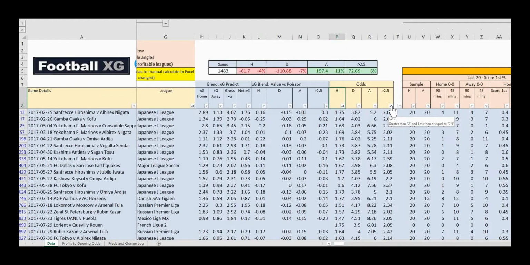Just because something is greater than a certain number doesn't mean it should be value. Value should be judged on an individual game. Something could be 1.01 and still be value if it's pretty much a dead cert. The good thing about what we have here at Football XG is this amazing little section here of value versus Poisson, which is where we've modeled every single game and highlighted where we believe there is value in the individual odds. So this can show that even if the odds are less than 2, there could still be value.